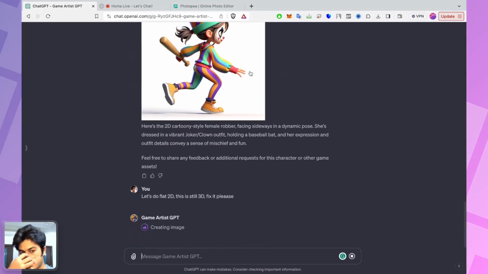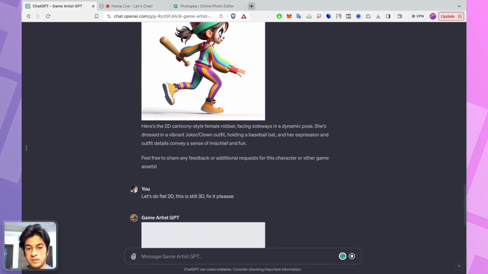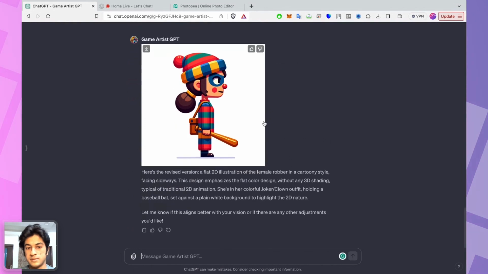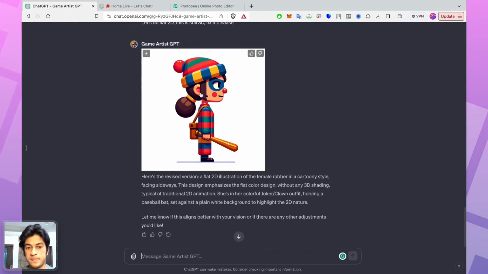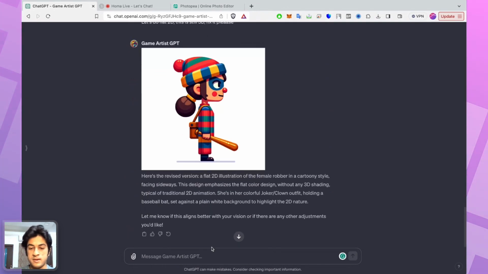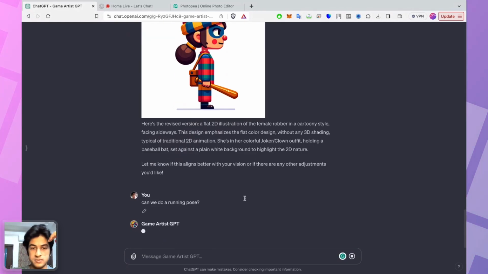We can also send it some reference images if we want to, so we can quickly Google some images. Okay, so this is like a nice robot that we have now, like a flat robber in a very clowny outfit. It has a baseball bat. Can we do a running pose? Let's see if it can provide us with a running pose.